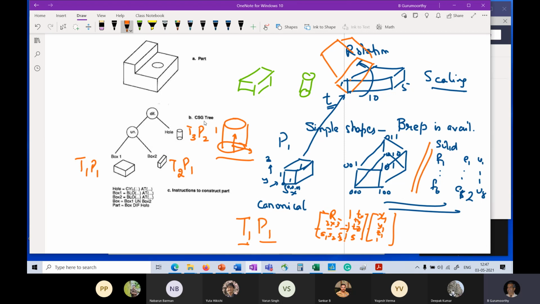Okay. So what have we done? What we are saying is that you have your primitives, and the primitives all have a B-rep associated with them for a canonical case, a generic case: a unit cube centered at the origin. But by a suitable transformation, I can scale it, shift it, rotate it, move it wherever I want and get the primitive of the size I want. So that's this primitive transformation T1. So you do that, you pick the same primitive and do a different transformation, pick another primitive and do some other transformation, and then you pick the two operations and you're done.